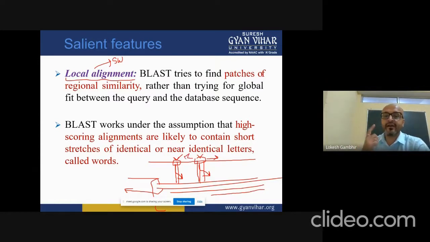And that is the reason why this is relatively faster, because if you are starting from one end to the other, it takes huge time. If there are 4 sequences, you have to match the complete sequence 4 times one by one. Now you just have to match 2 times. So your complete time is reduced to half. And that was the main purpose of local alignment.